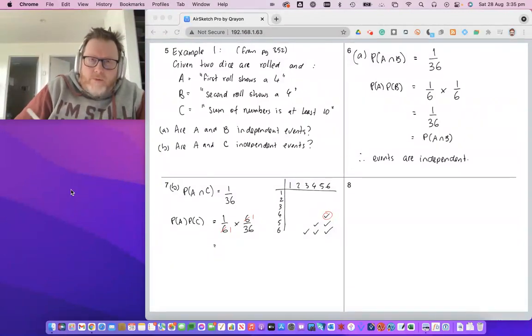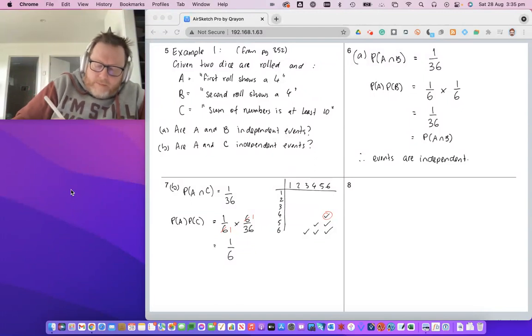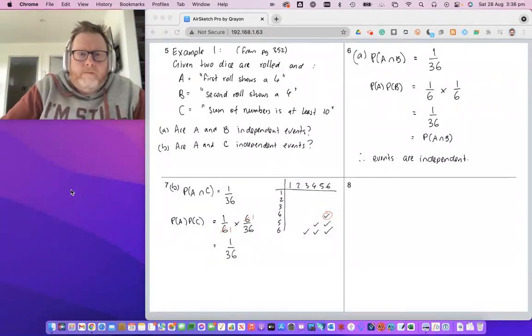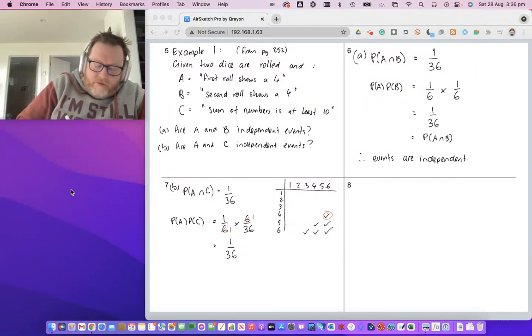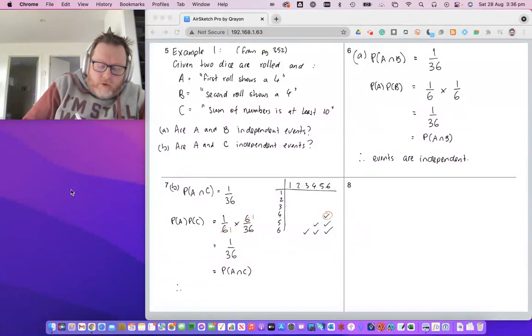And so I've got 1 times 1 on the top, which is 1, and 1 times 6 on the bottom, which is 1 on 6 again. So, sorry, 1 on 36, beg your pardon. That was a bit of a bad moment for me to get wrong. 1 times 36 is, of course, 36. So again, we have the probability of A multiplied by the probability of C working out to be the probability of A intersects C. So we can conclude, therefore,